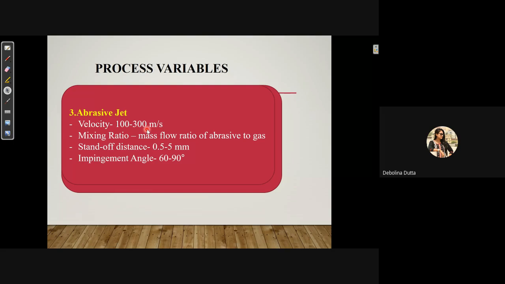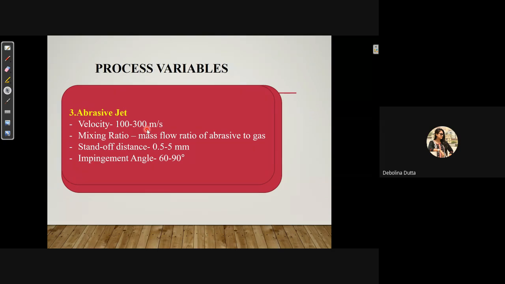That means what actually happens here is that when the abrasive particles mix with the carrier gas, the gas will lose its momentum and gradually transfer the momentum to the abrasive particles. So that's why the overall velocity of the abrasive jet is reduced to